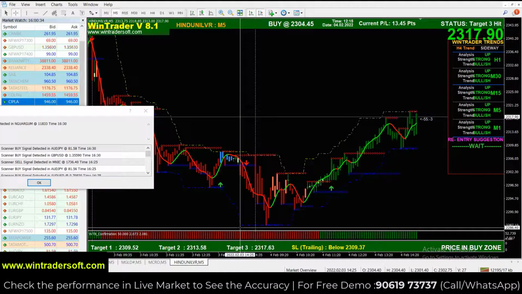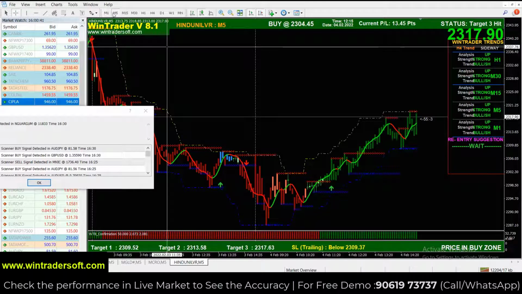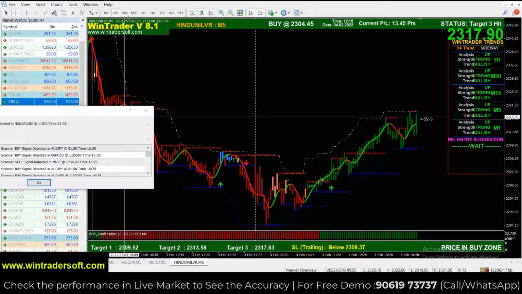And our software supports scalping trading and intraday trading. Right now I'm showing intraday trading. Above you can see different time frames. If you are an intraday trader, we mostly prefer to follow the 5-minute time frame. If you are a short-term positional trader, then you can follow 30-minute, 1 hour or 4 hour. And if it is long-term positional trading, then you can follow the daily, weekly or monthly chart. You just click there, then it will convert the time frame. So our software supports intraday trading, scalping trading, and positional trading, short-term and long-term.